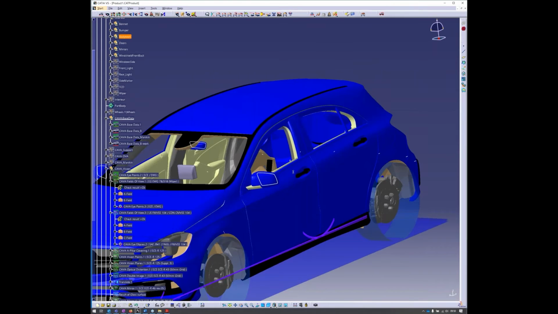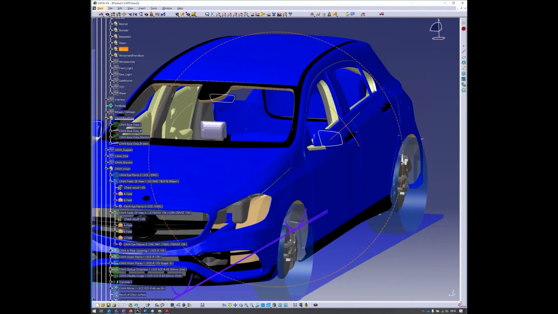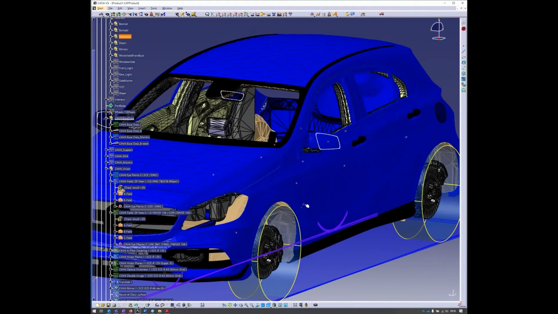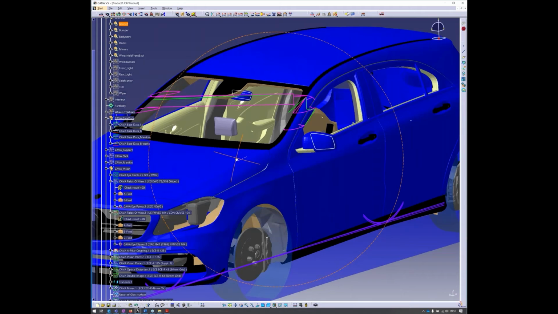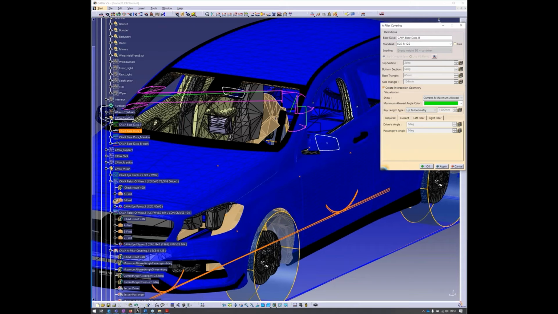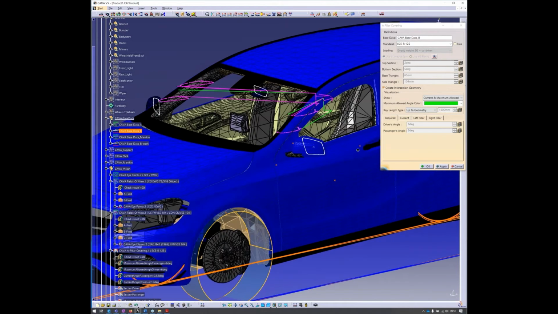Another important requirement for the driver is the A-pillar obstruction. So you need to make sure that your A-pillar is not too wide to block the view of the driver. And in ECE R125, there's a clear definition of how you have to measure the A-pillar obstruction. And this is very simplified using CAVA. In CAVA, it is just a few clicks. So just by defining